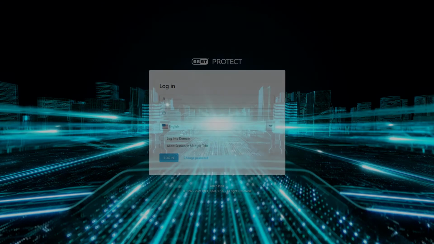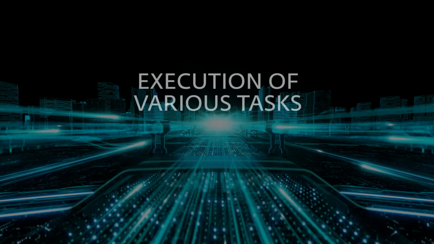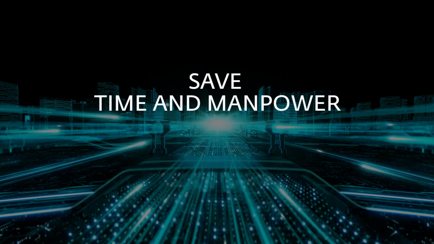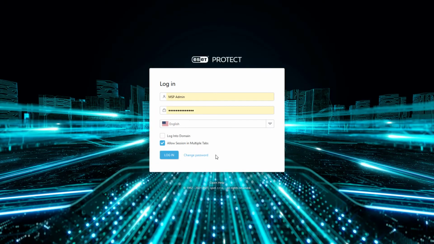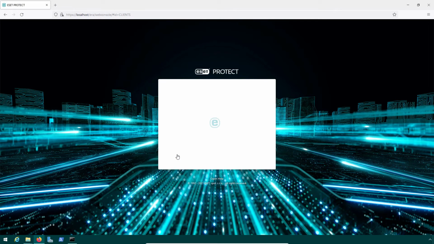One of the crucial concepts in ESET Protect is automation. With a robust automation framework, you can automate execution of various tasks. The aim is to set ordinary security management procedures in a way that can be repeated for any new customer that comes on board. As a result, you'll save time and manpower for onboarding more clients without compromising the quality of your service. The following example demonstrates the automation of ESET endpoint product installation and activation on the client computers